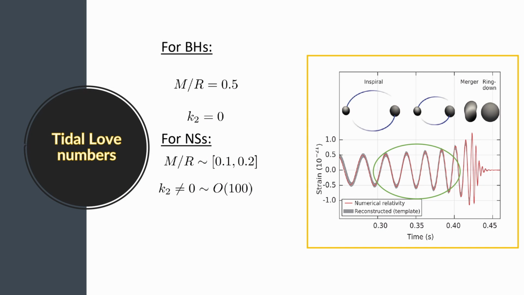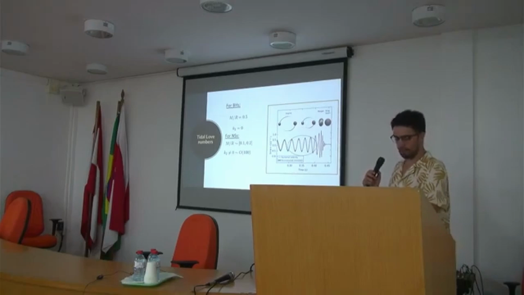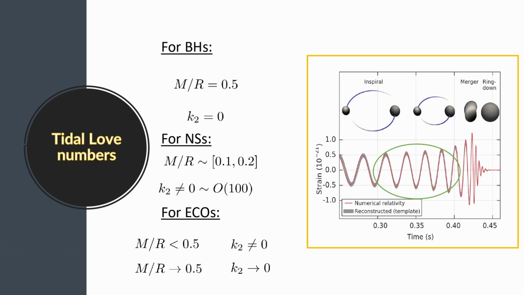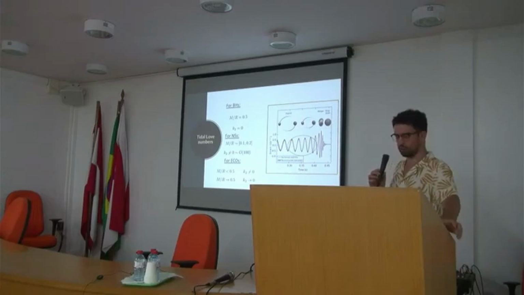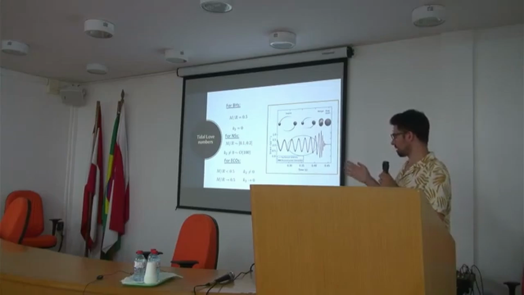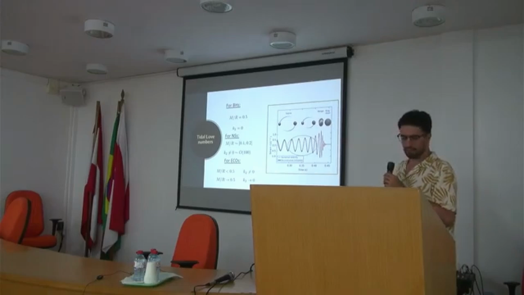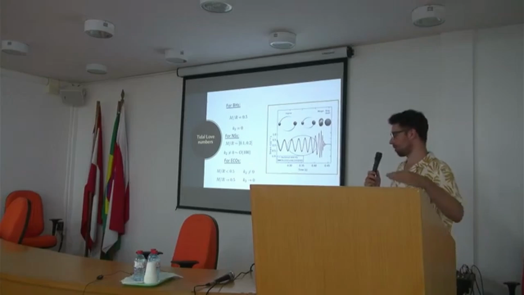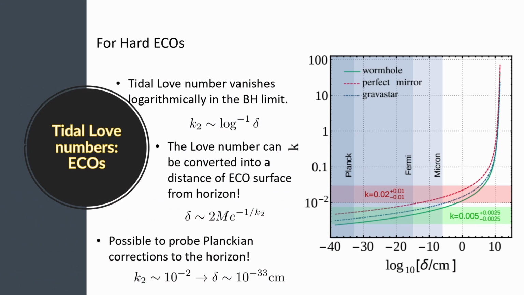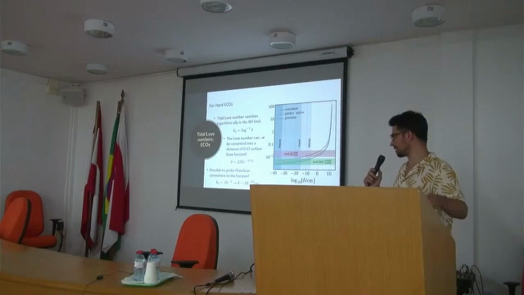For example, for neutron stars, just to give a bit of scale, this tidal Love number, this k2, is of the order 100. Now, if you look at exotic compact objects that have a smaller compactness, let's say the order of a boson star, we have some tidal deformability that can also be of the order 100. But if you approach the compactness of a black hole, this tidal Love number will probably go to zero. But the question is how? And we found out a few years ago that for these hard or artificial exotic compact objects, it goes logarithmically to zero,